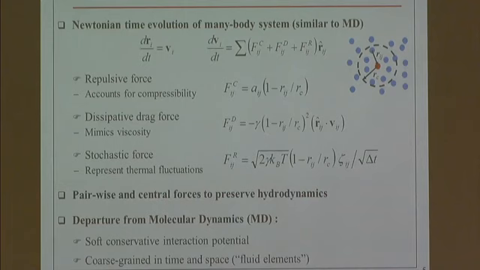The second force is the drag force, essentially a dissipative force that mimics viscous drag in the system, and this one is proportional to the relative velocity between DPD particles, right? So we can introduce viscosity in the system this way. And the third force is essentially a random force, a stochastic force, which gives us temperature in the system, or maintains the temperature in the system. So essentially these two are related to each other